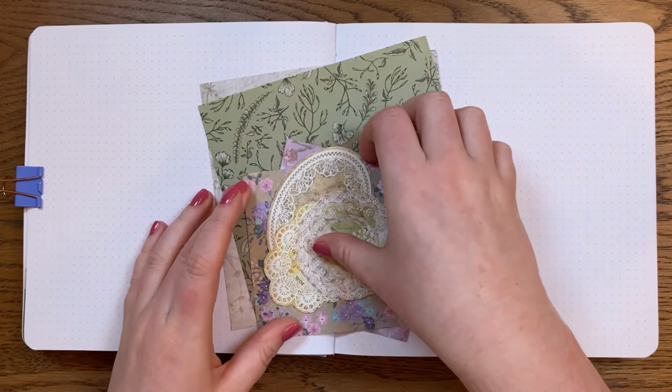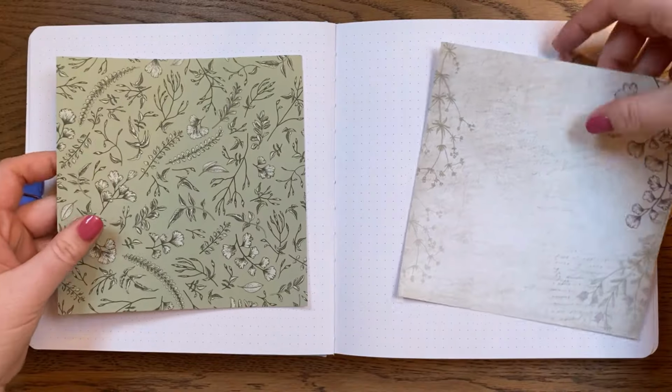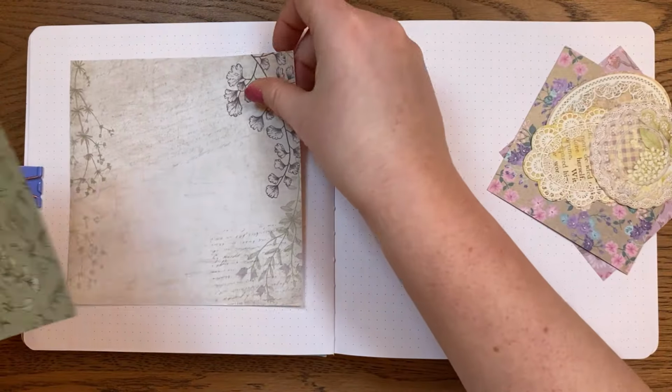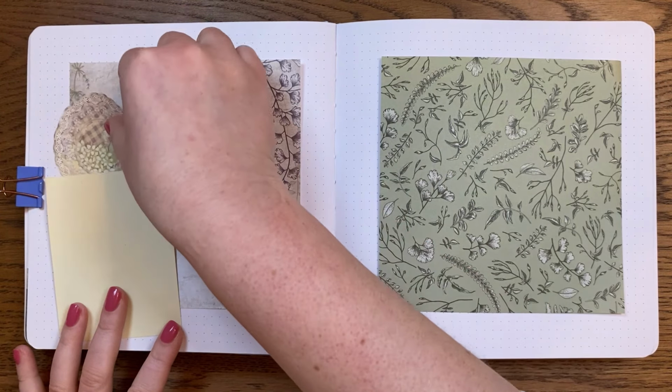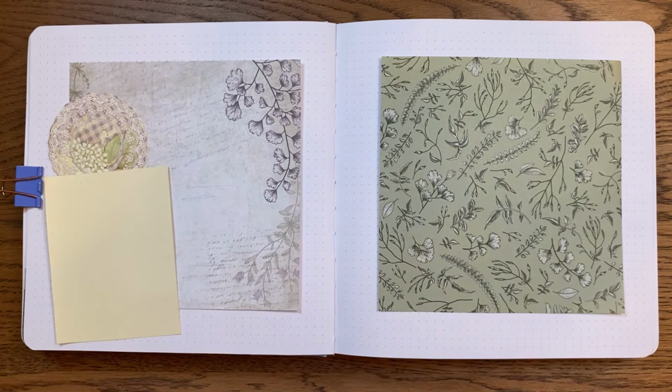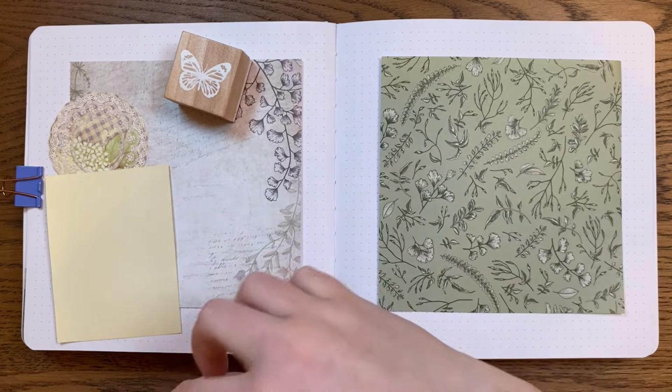As we move into February, I'm setting up another cover page. I mentioned while setting up my January spread that collages are not my strong suit, but I'm hoping to improve as the year goes on. In February, I decided to try and make a few improvements to my cover page collage, and I did so